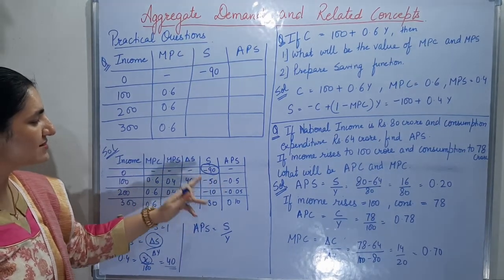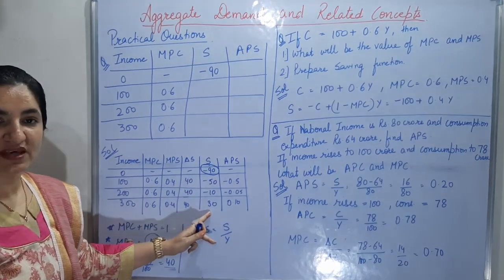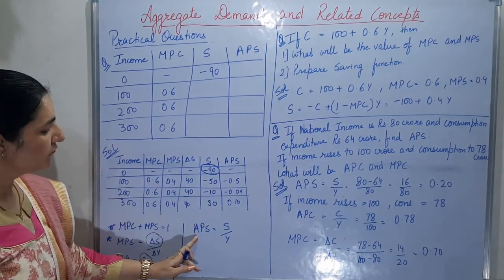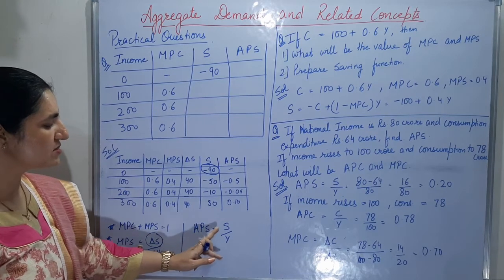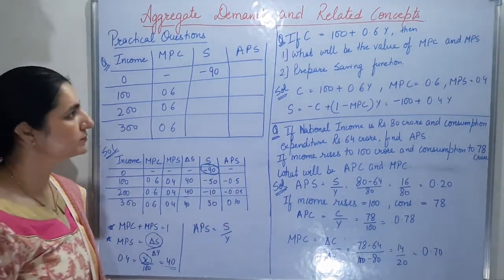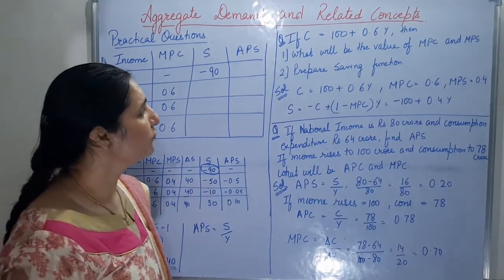Next is APS. Now we have the values of saving. We also have the value of income. So we can apply the formula APS is equal to saving divided by income, and we can find out all the values. Second category of question may be,